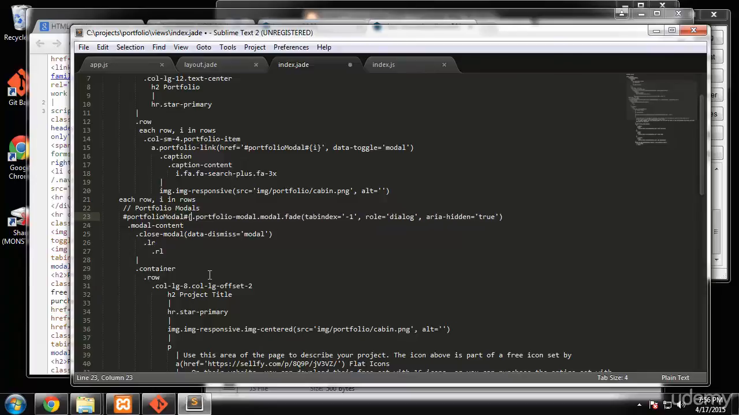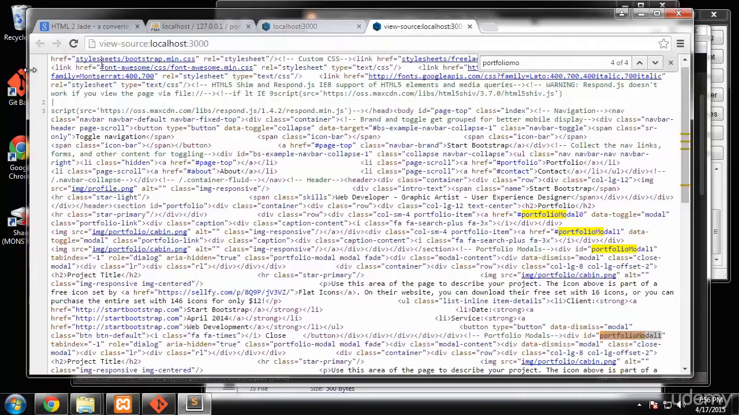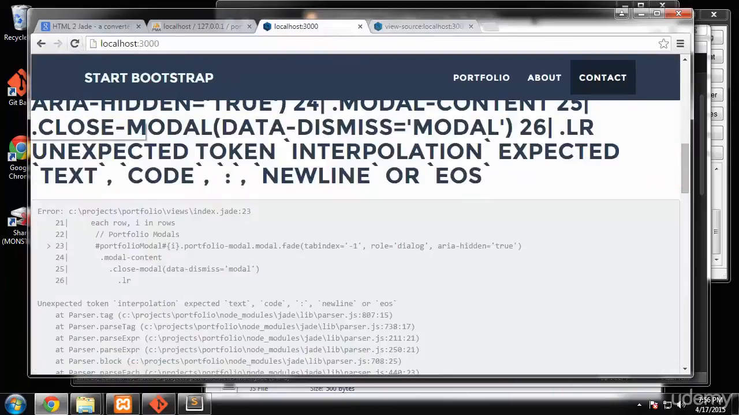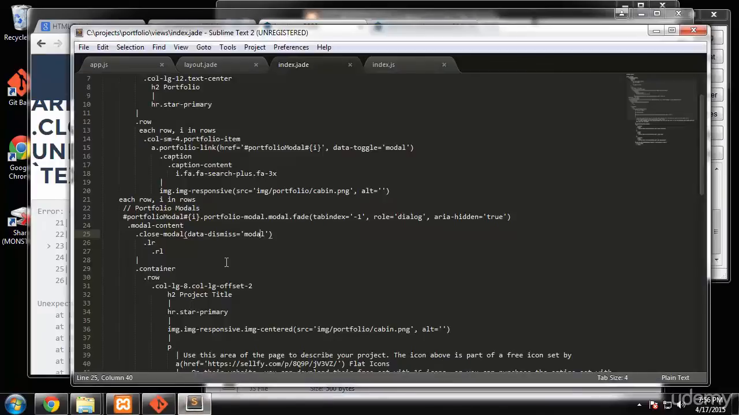Okay, so if I go like this, like we did up here, and save and then try to reload this, we get an error because you can't just stick the I right in like that. What this is, is a div with an ID of portfolio modal and then a number. So for this to work, we have to change this to div and then set the ID attribute in the parentheses. So it'll be ID